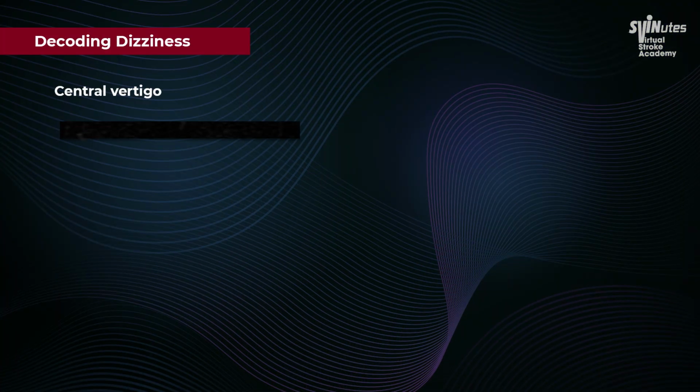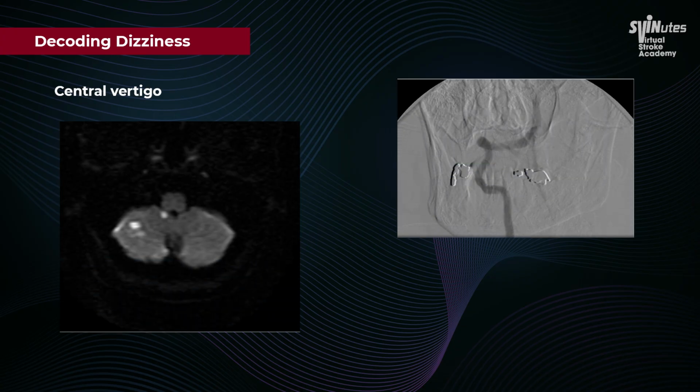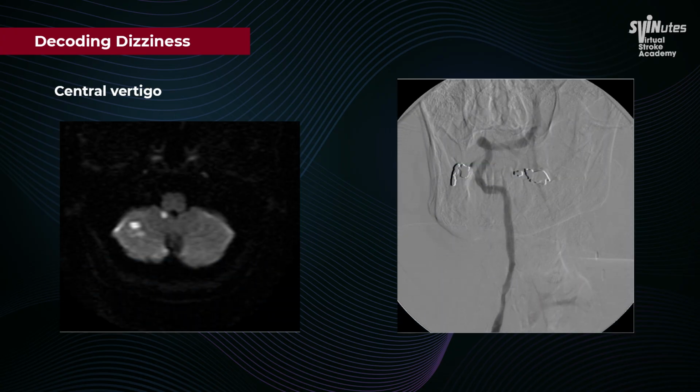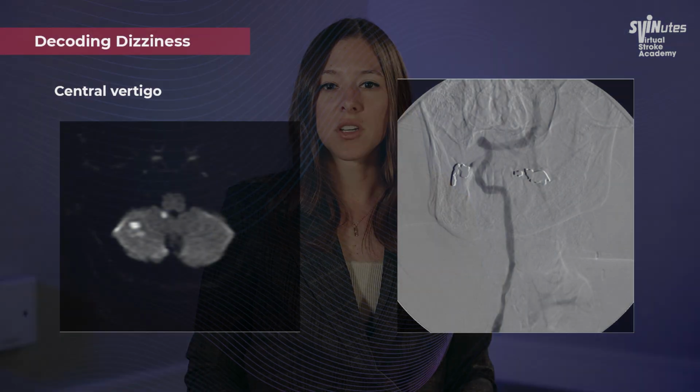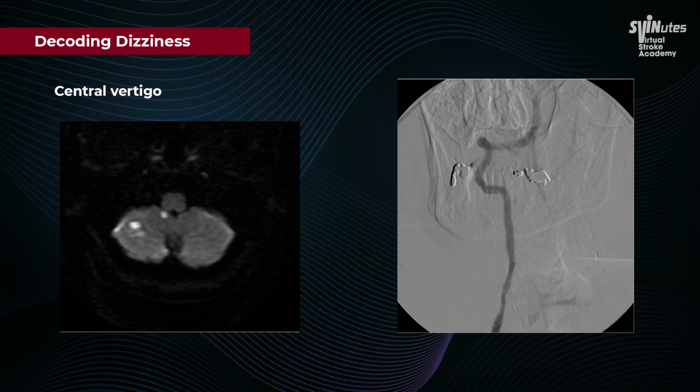Central vertigo implies that the vertigo arises from a disruption in the central nervous system, so for example in the brainstem or cerebellum. Compared to peripheral vertigo, central vertigo often indicates a more serious underlying neurological condition. In terms of characteristics, the onset can be sudden or gradual. Duration can vary, but episodes are more likely to be long or persistent. The nature of symptoms may be described as a spinning sensation, imbalance, and/or incoordination.